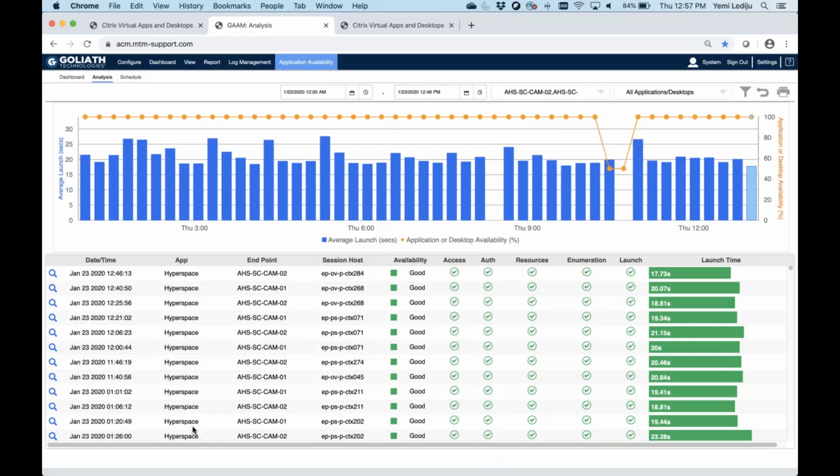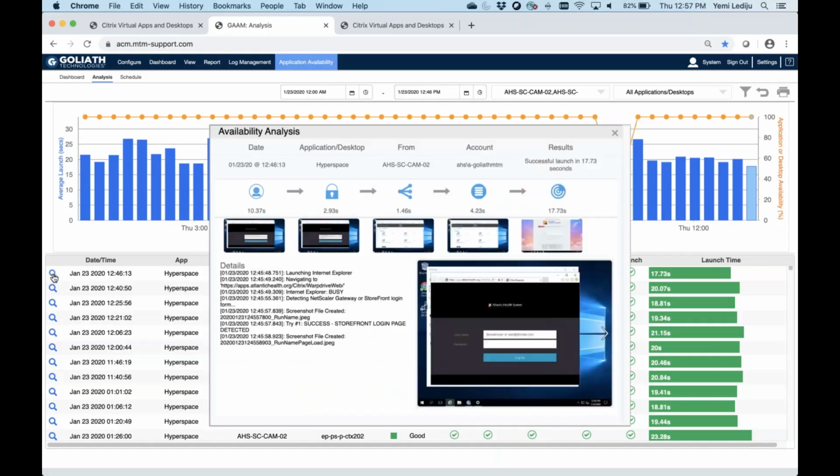You can see the application that was being launched. In this case, it's Epic Hyperspace. You can see where it was being launched from, and ultimately whether the application launch was successful or if it failed. And if it did fail, you can actually see at what stage it failed. And if you have a failure, you can actually take a closer look at it by clicking here on this